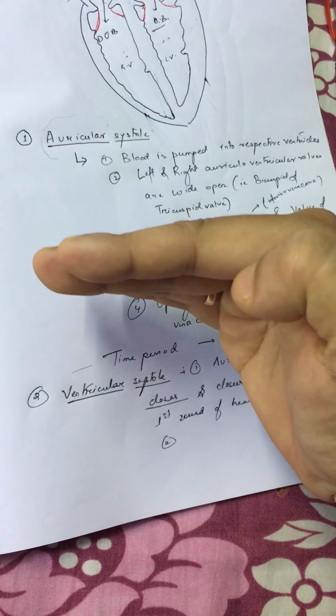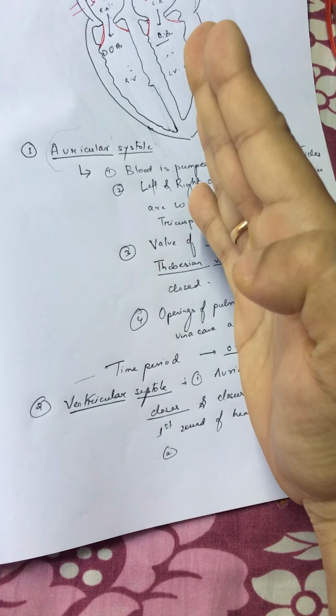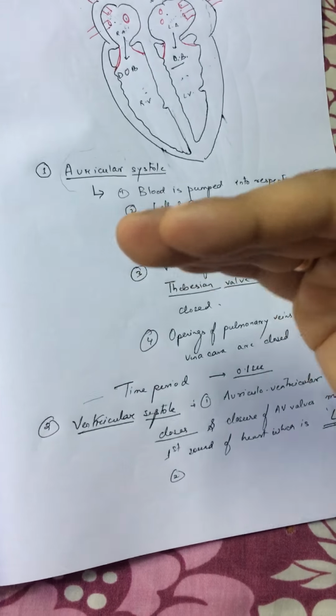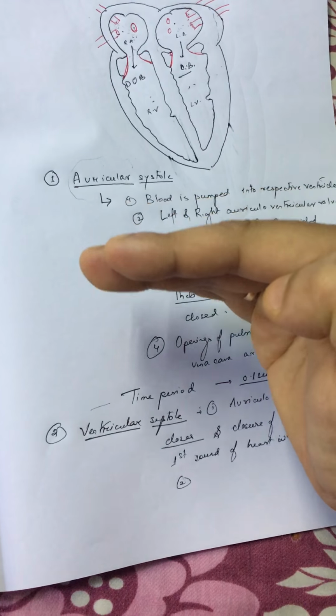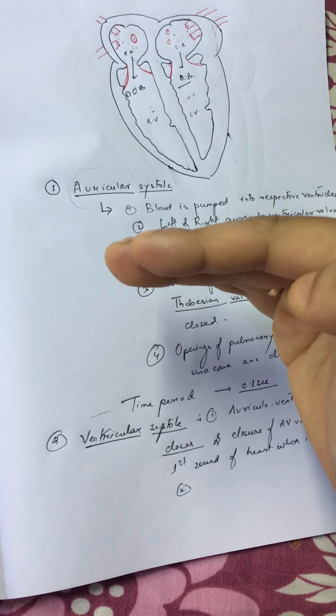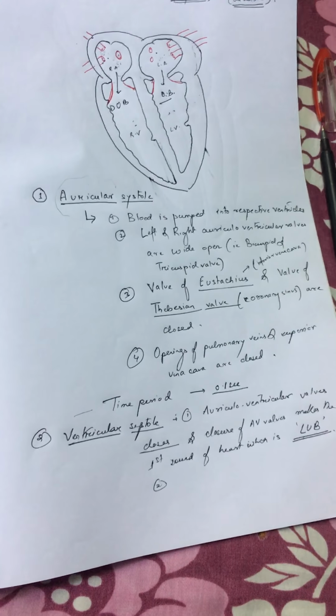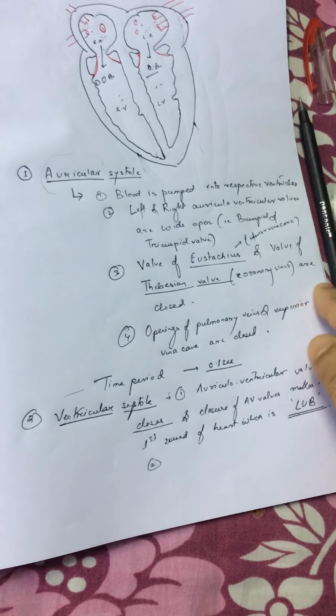Otherwise, the auriculoventricular valve would have become like this, and the blood would have moved like this. But the chordae tendineae will be fixing the auriculoventricular valves at one position, right? The second thing that is going to happen is, as a result of the ventricular contraction, the blood will be